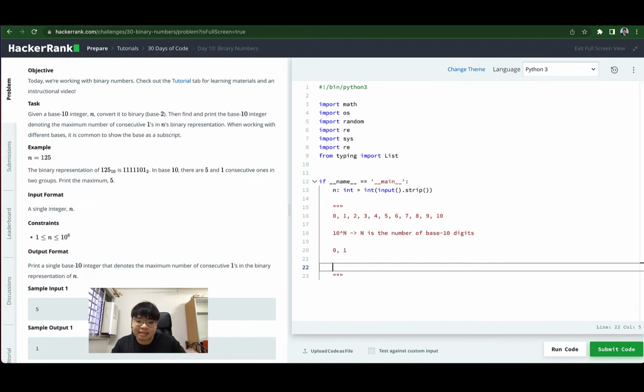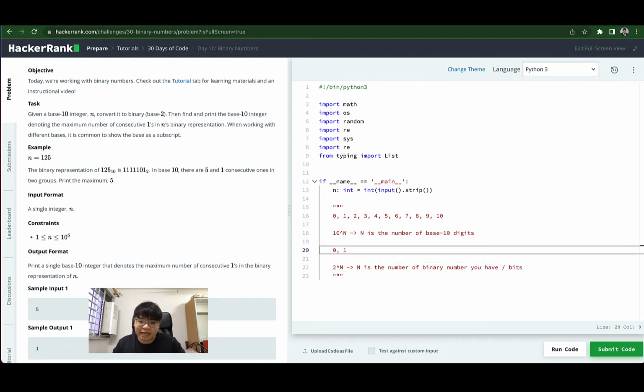And in this case, similar to what we saw earlier, the number of representations that you can have, if n is the number of binary numbers that you have, will be 2 to the power of n, where n is the number of binary numbers you have, or we call them bits. So in this case, if we wish to represent 2 in binary, because you can only represent two states, 0 and 1, with one single number,